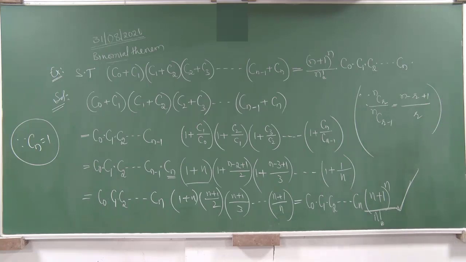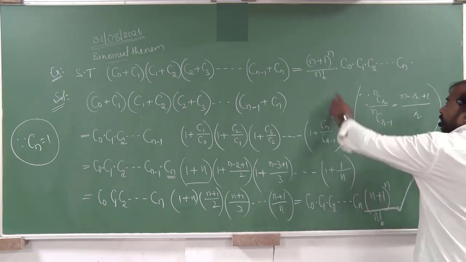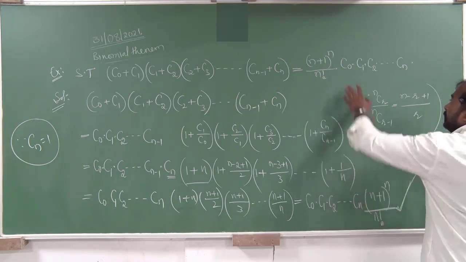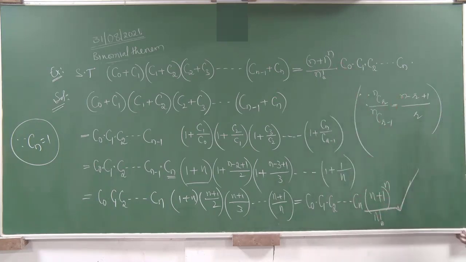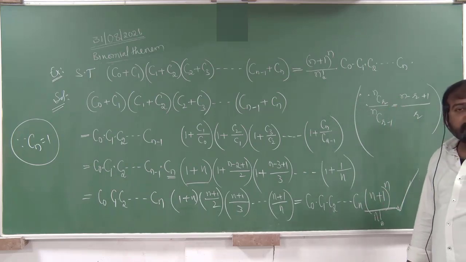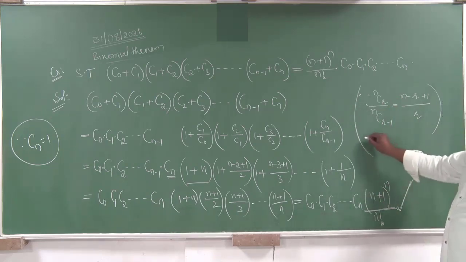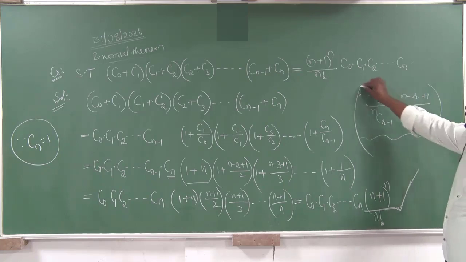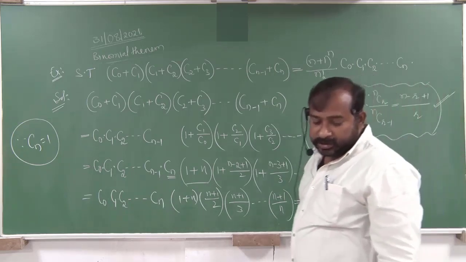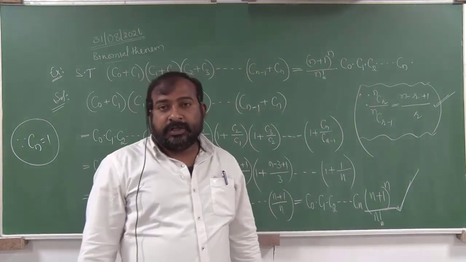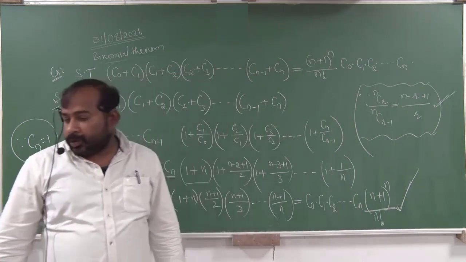If you observe here, n plus 1 whole power n by n factorial into C0 into C1 into C2 into, and so on, Cn. Even this bit is based on the formula nCr by nCr minus 1 equals n minus r plus 1 by r. This is the formula. I hope that this is also clear for you. Okay. Next,